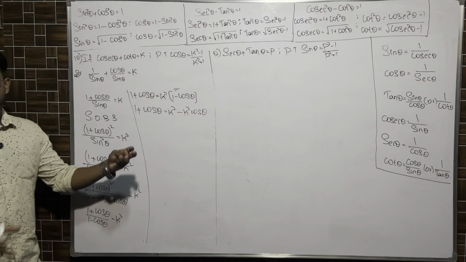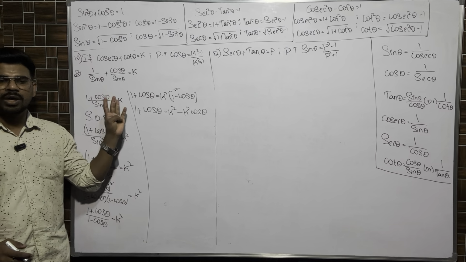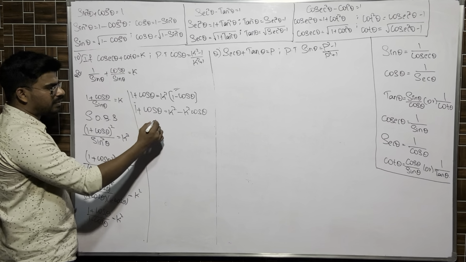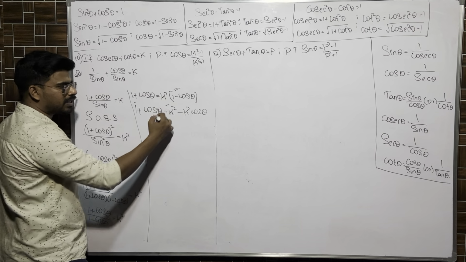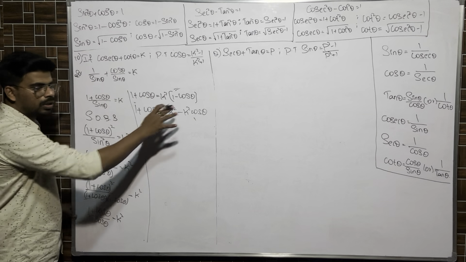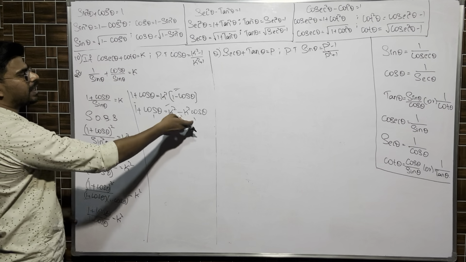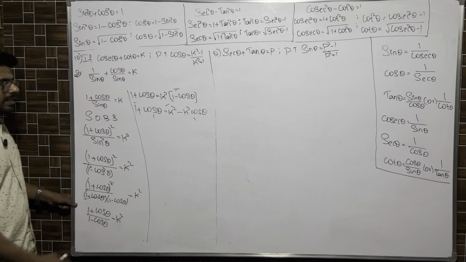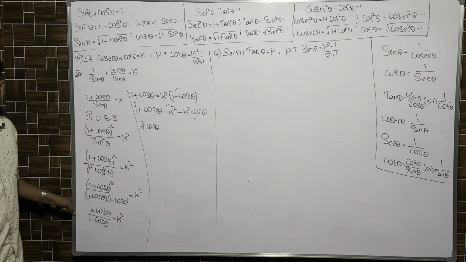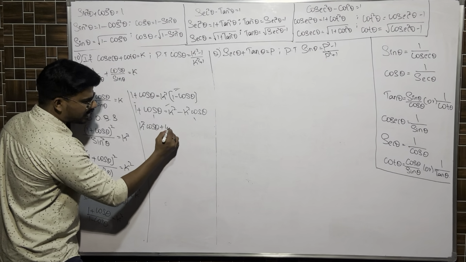At this point you have to segregate the terms. Segregate the terms in the sense all the trigonometric ratios one side, all the terms without trigonometric ratio the other side. On the left hand side I have 1, which is a non-trigonometric term, and cos theta, which is a trigonometric term. On the right hand side I have k square, which is non-trigonometric, and k square cos theta, which is trigonometric. Here if I move minus k square cos theta to this side it will become plus k square cos theta. Am I supposed to transfer this cos to over there? No, we should get all the trigonometric ratios on one side. So that's why I am putting cos here only, plus cos theta as it is.